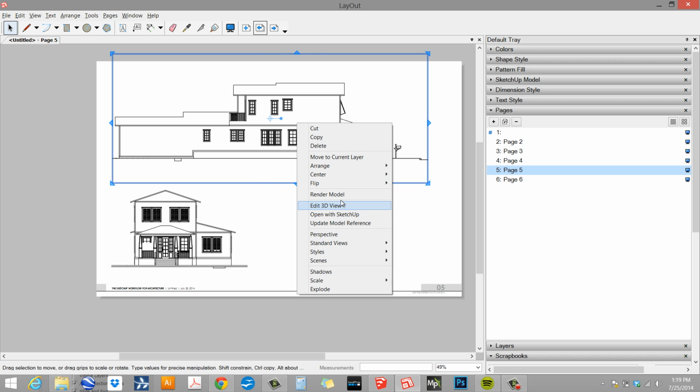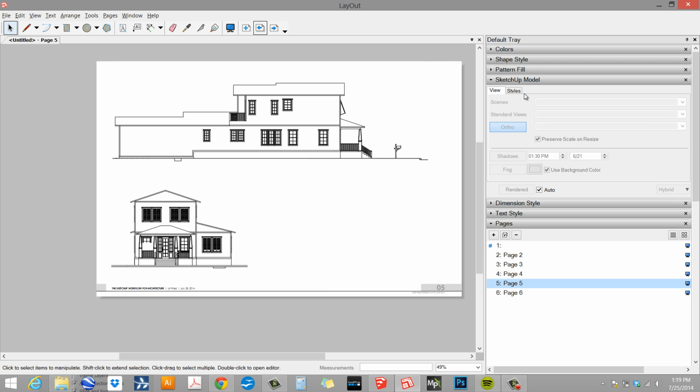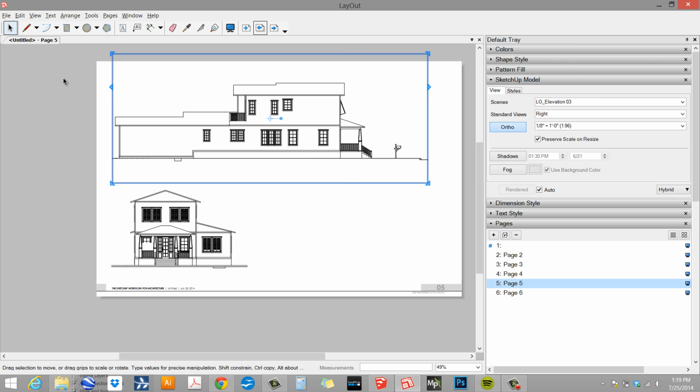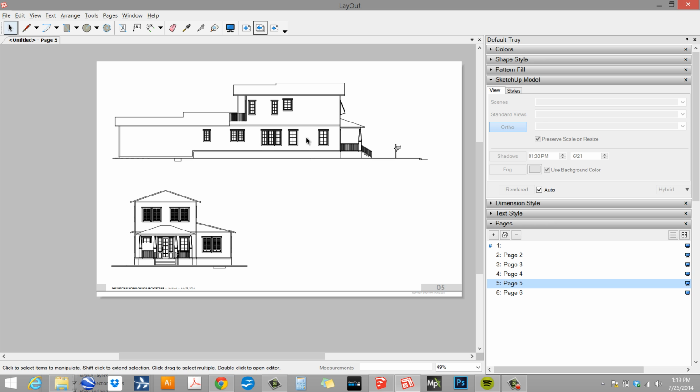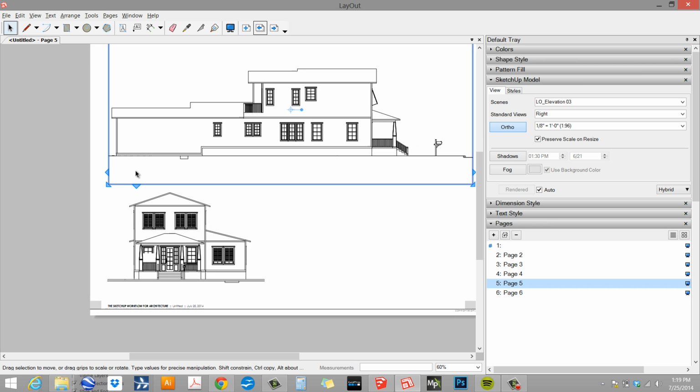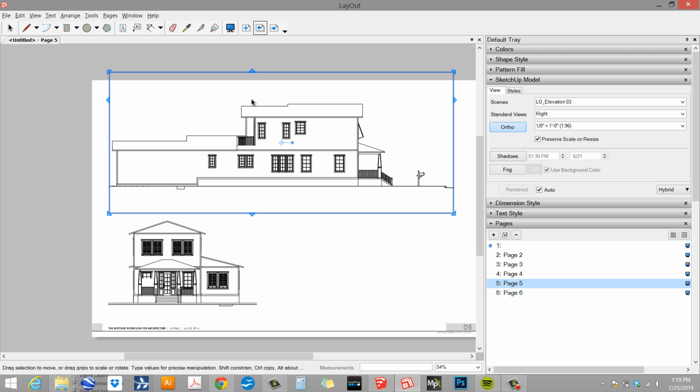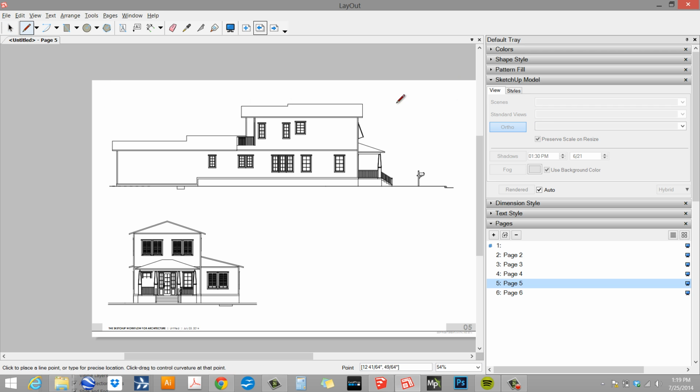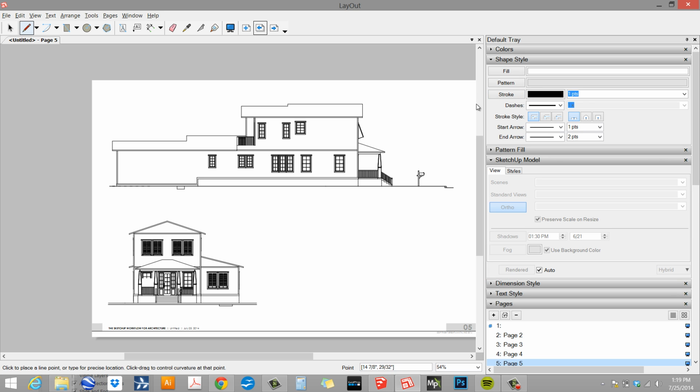So you can see the render model, edit 3D view. You can see the properties of that viewport. So it's not a group, it's actually a viewport, which means you could put a clipping mask on there, or what I like to do is I just draw a line. I'll go to my shape style. Our line is going to be, let's call it 5